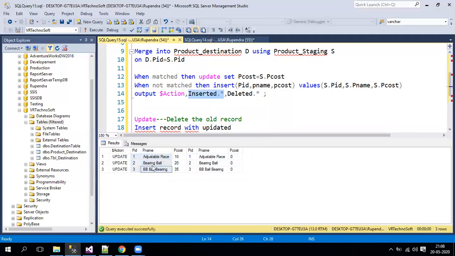So I'm giving an example, right? There are 1 crore records, and I'm updating a particular 3 records, or 10 records, or 1 lakh records. I just want to see whether it is an update or an insertion, or whether those records are really updated, deleted or inserted. By using this $action property and these magic tables, we can see exactly what is happening.